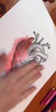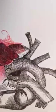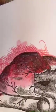So what I normally do when I get started with this kind of thing, here's the original. I drew this in ink, which I never do with this kind of stuff, but we were in the hospital and there were all these pictures on the wall of real hearts. Since he was having heart issues and it was a heart hospital,